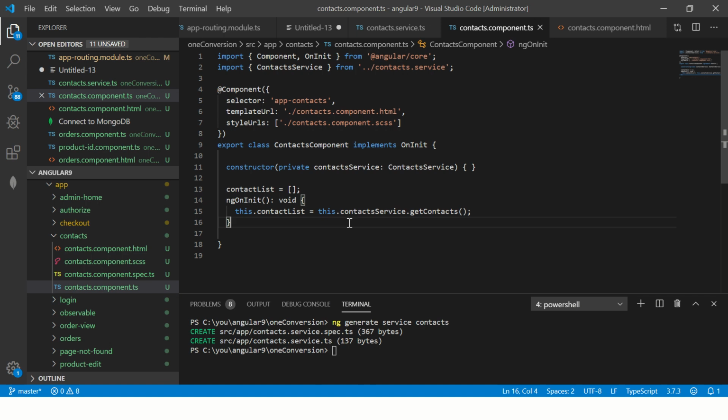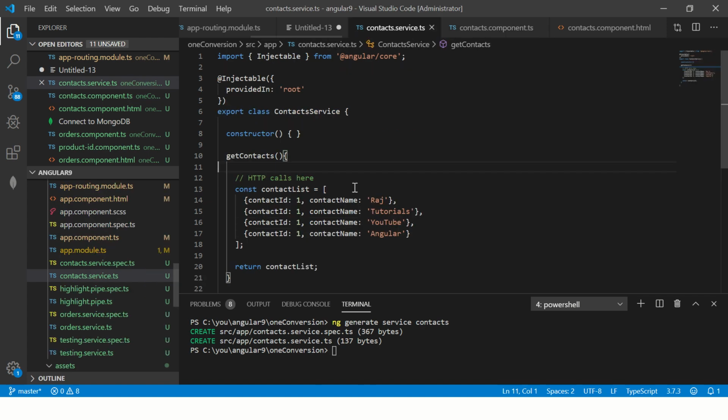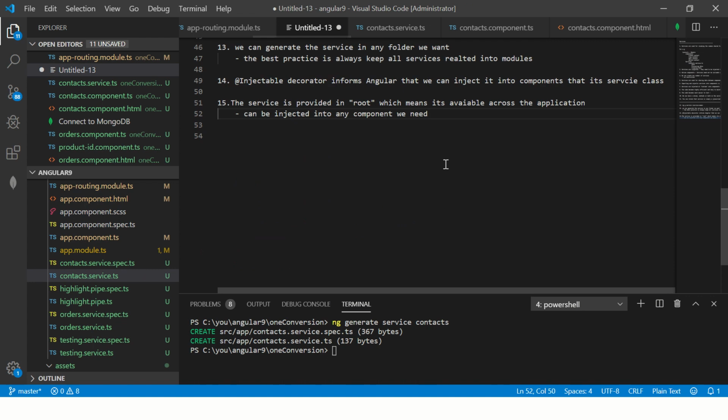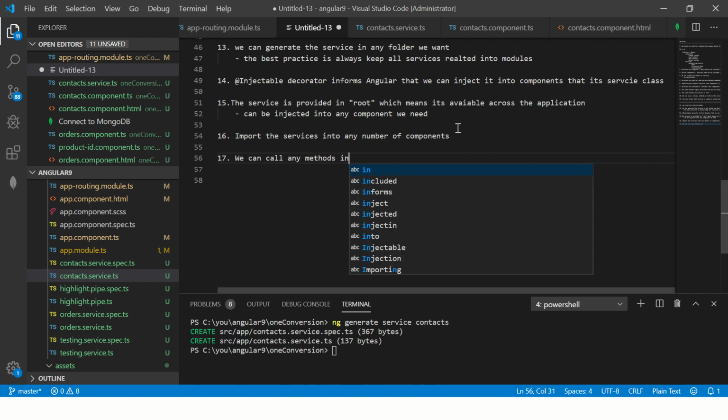This is the same process. You can define any number of methods, right? Let's just write that also. Import the services into any number of components, no issues. We can call any methods inside the service,